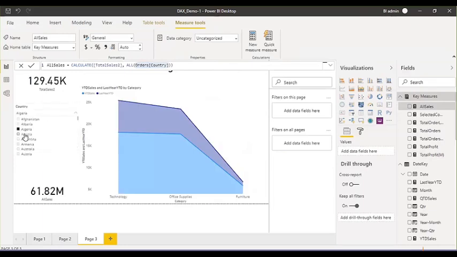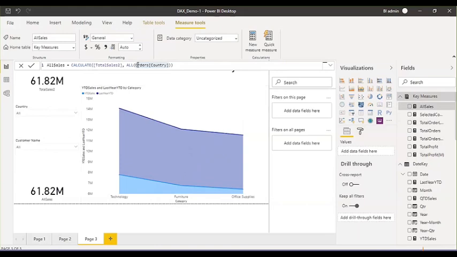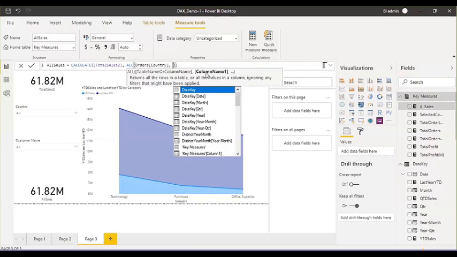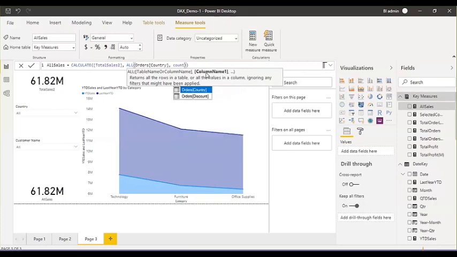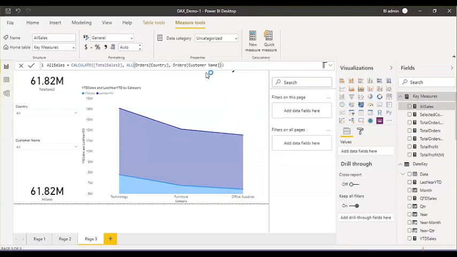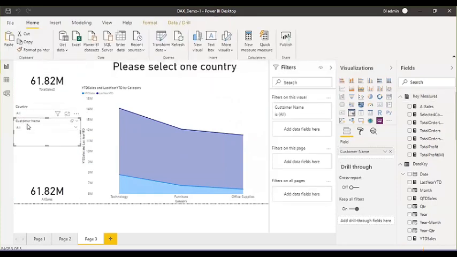Why? Because here I have defined that this orders table should not be filtered when I select anything in the country column. This is the ALL functionality, and you can enter not only one column but multiple columns here. Let's say if you want it not to filter on the customer name also, then just mention the customer name here too. Based on these two values, data will not be filtered. But if there is any other third filter except these two, then data will be filtered.